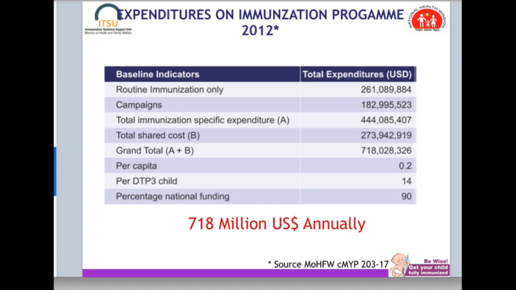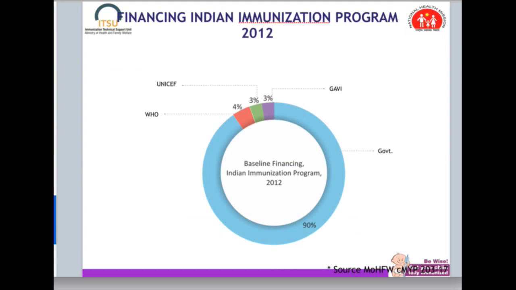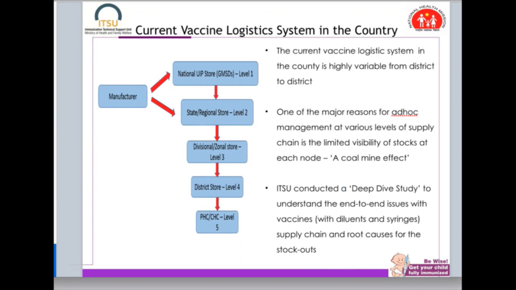Giving you a flavor of what India spends, the annual expenditure is $718 million US annually on the immunization program by India. And one critical factor is 90% of it comes from Government of India funding. The remaining funding gets distributed like this, and these are the actual figures of 2012. So within this bigger frame of quantity and the amount of money that goes in, we manage the vaccine through a